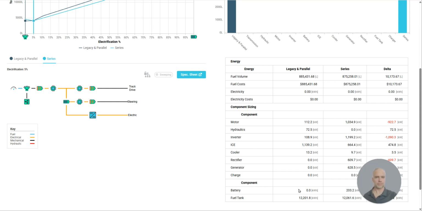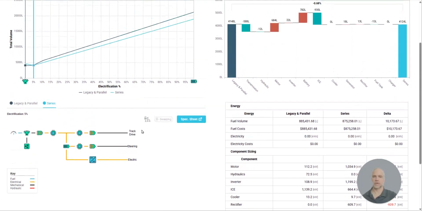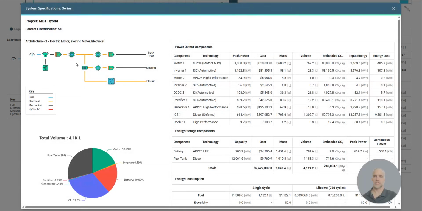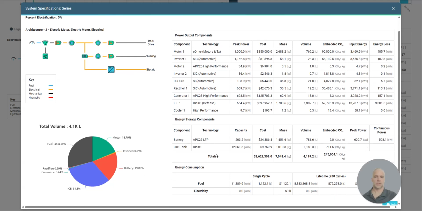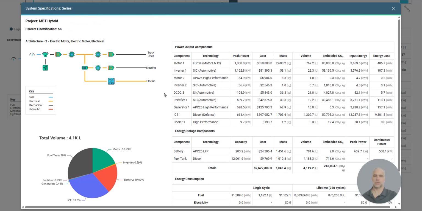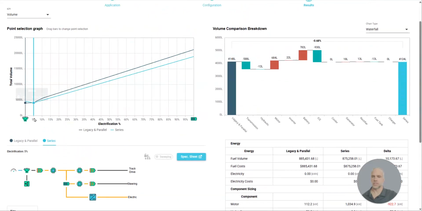In this case, it is a 203 kilowatt hour battery pack. You can see here the details of this configuration, of all the components within the configuration, all the technology that's been applied to it. In this case, it's Advanced Propulsion Center's 2025 projections on lithium iron phosphate batteries that produces a 203 kilowatt hour pack. That's what generates this configuration, which represents this spot on the